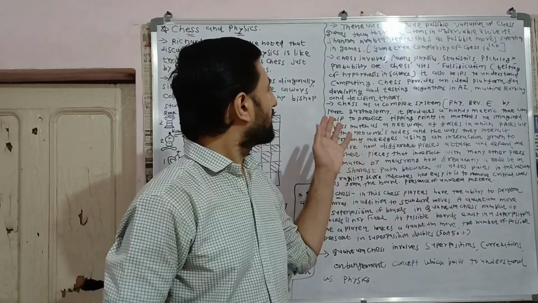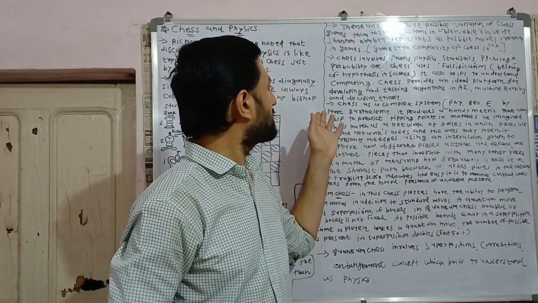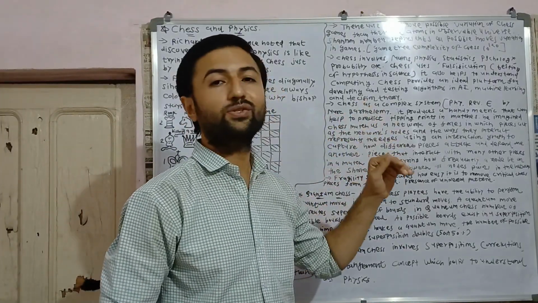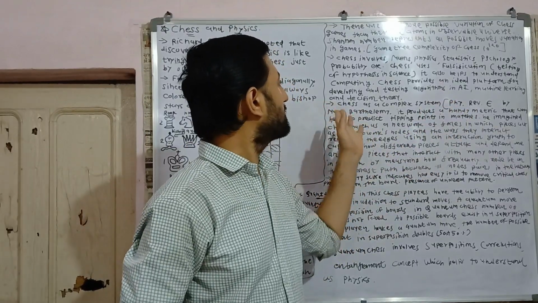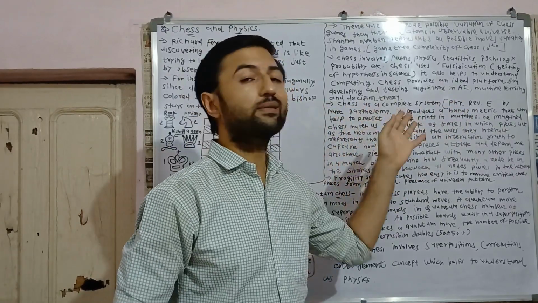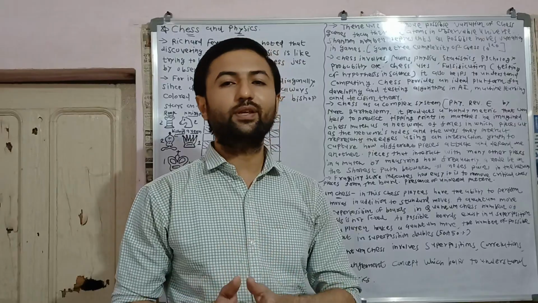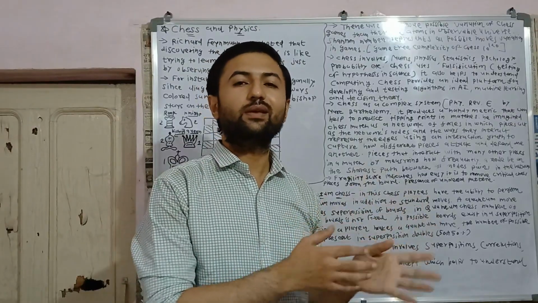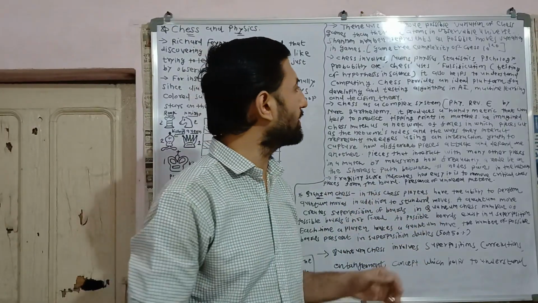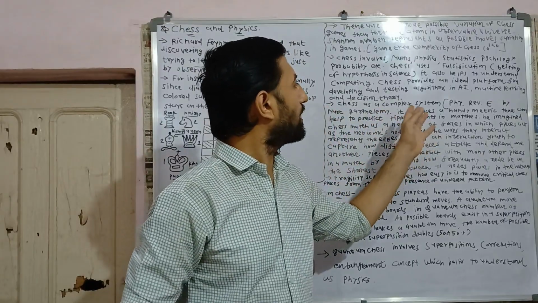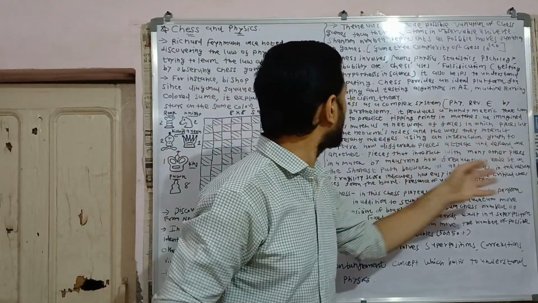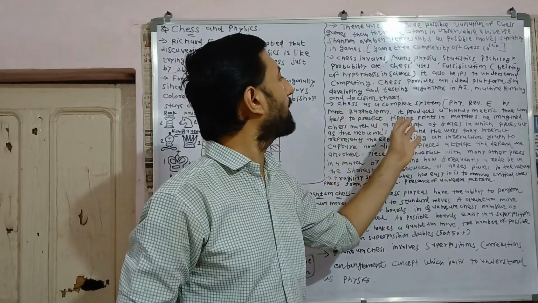Another thing is, one physicist, Marc Barthélemy, published a research article in Physical Review E in which he considered the chess game as a complex system. He used graph theory to explain chess as a complex system. How? Let us see. According to him, chess produces a handy metric that can help to predict tipping points in